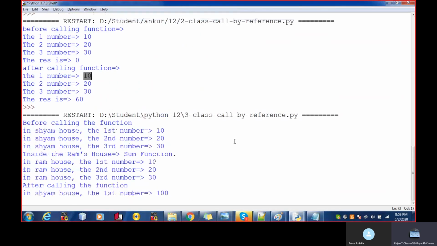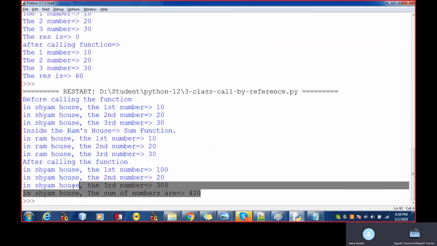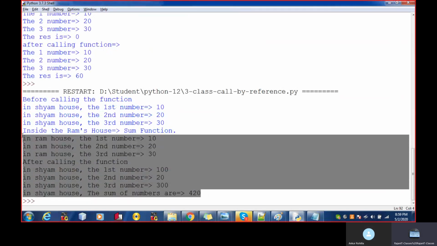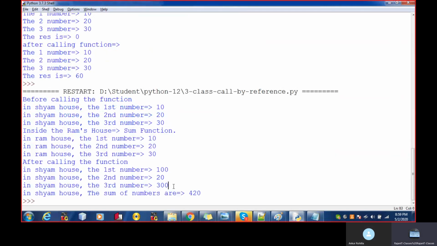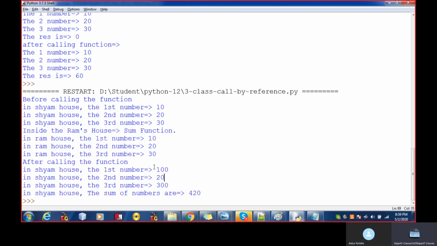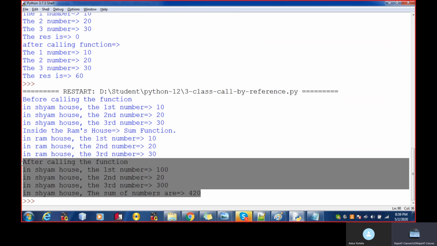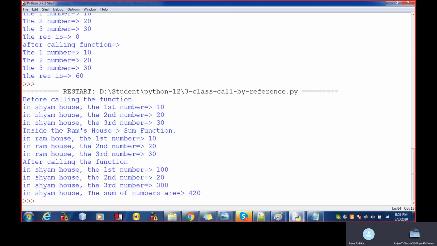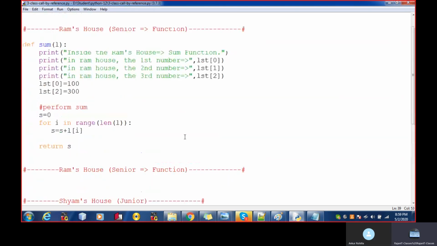See over here, right? It's 100 and then the 300 and this is 20. After calling the function, inside the RAM, this is all about.